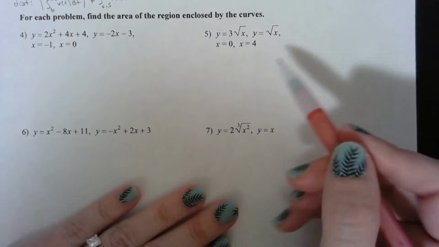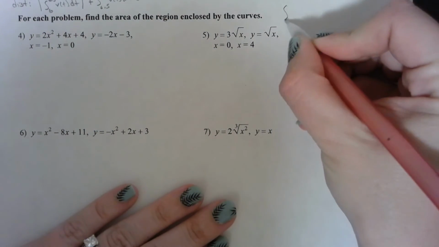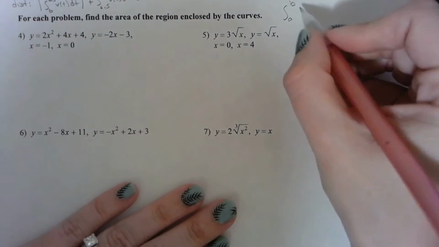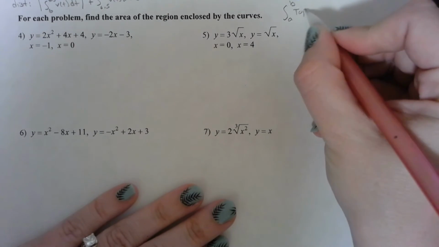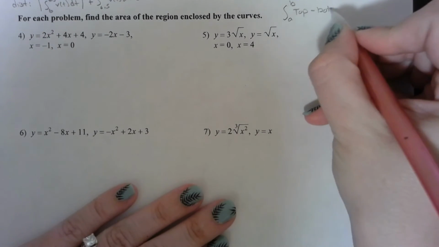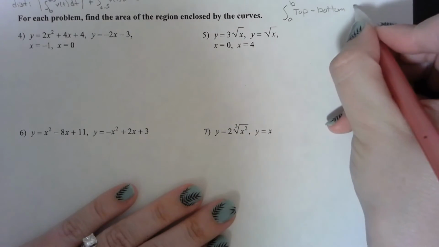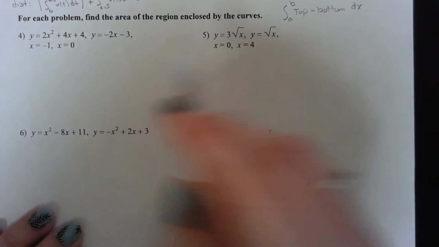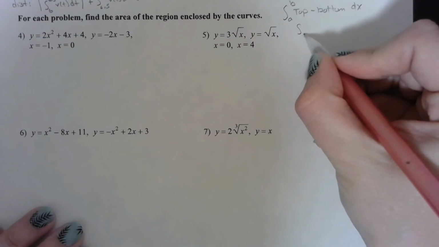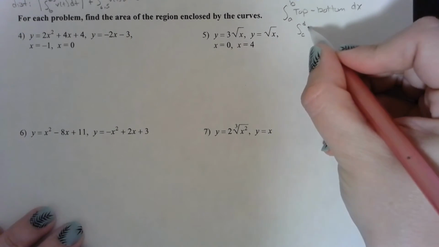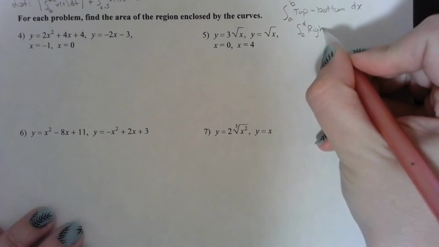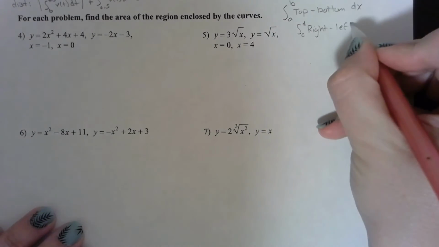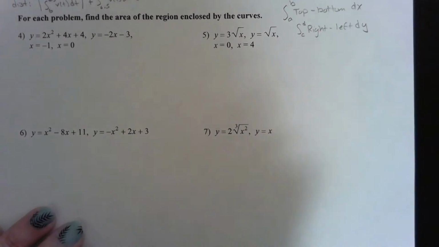So please remember, when we're doing this, we're looking at an integral from a to b, and we're doing the top minus the bottom. Okay. If it's a function that's given to you as an x equals, remember that is when we actually do the right minus left. If you need a good example of that, and that's going to be dy,